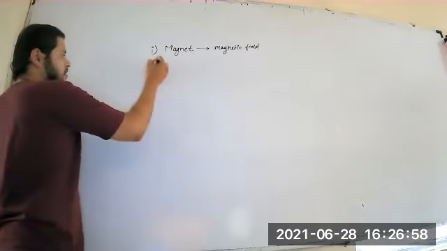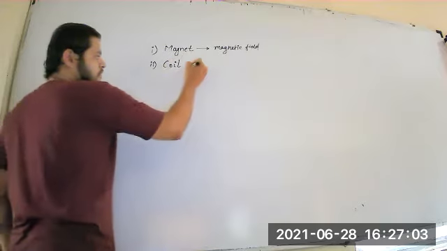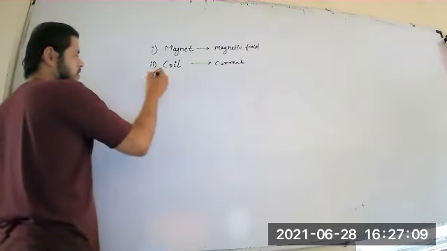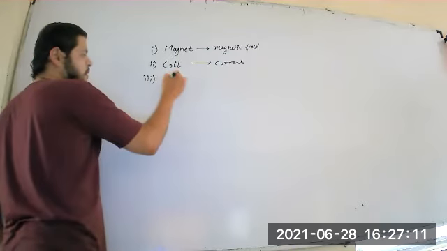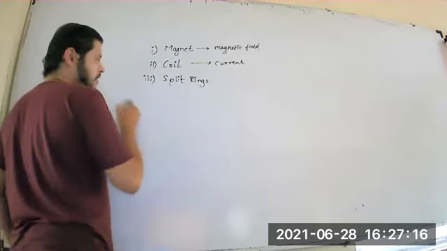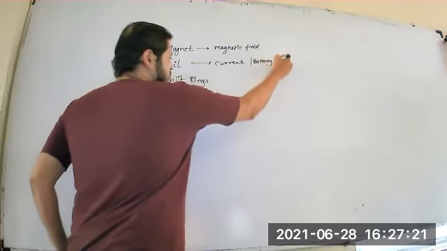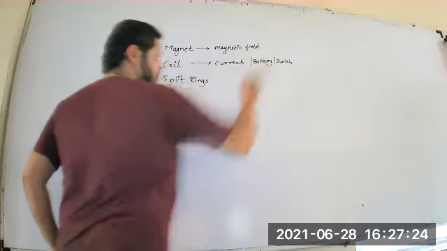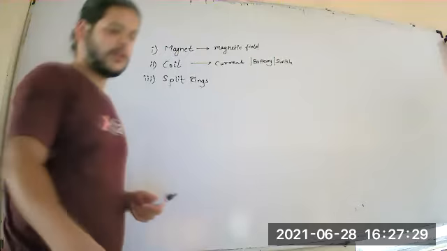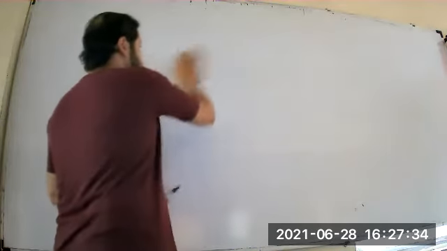The second part, which is most important, is a coil, okay, for carrying the current. Along with this coil, we use split rings. I will explain what are split rings. And then there is a battery, a switch. Okay, so these are the main components which are used in an electric motor. So let us see how the things are arranged, or how an electric motor is constructed.